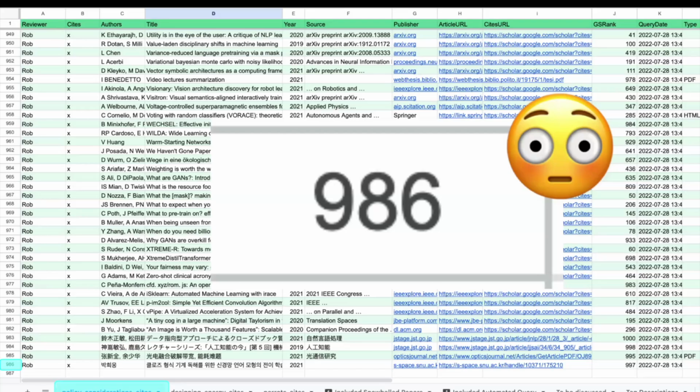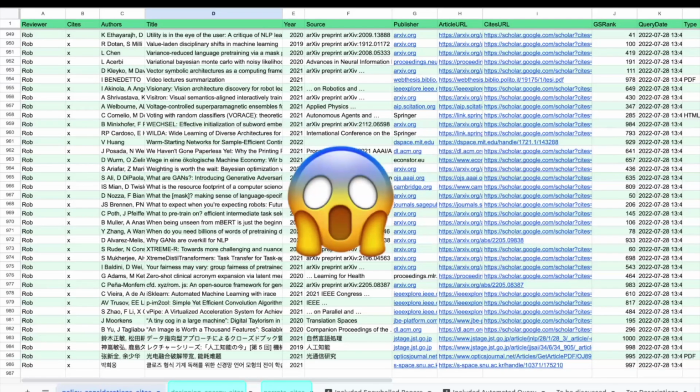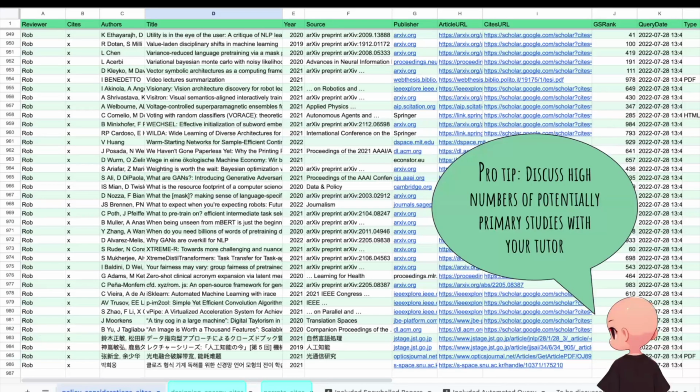That was reviewer, was Rob, that's me. And then you had other people looking at the sites. And where you want to cry is when you see, okay, there are other ones like this. So it's very time consuming. Pro tip here is discuss this with your tutor. If you do a systematic review and you find 1,000, maybe you want to discuss with whoever's supervising you and say, hey, I have to look through 4,000 papers, maybe something is going in the wrong direction, right? So don't over-sacrifice yourself on this.